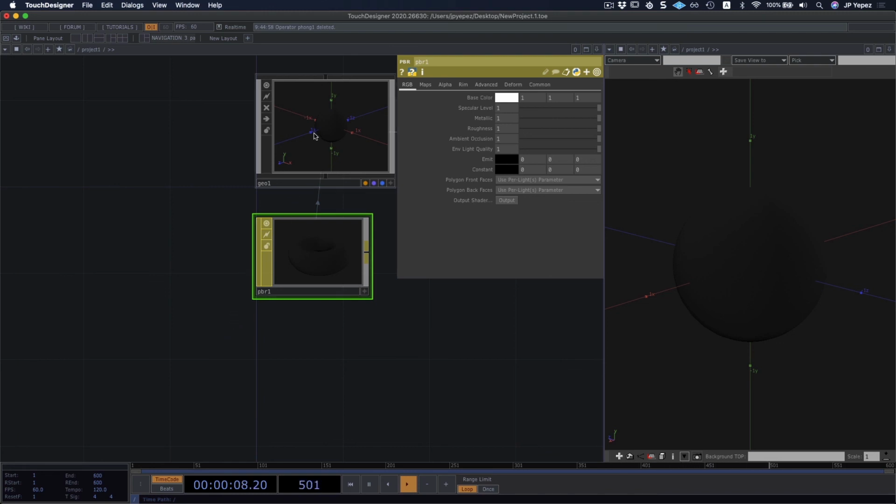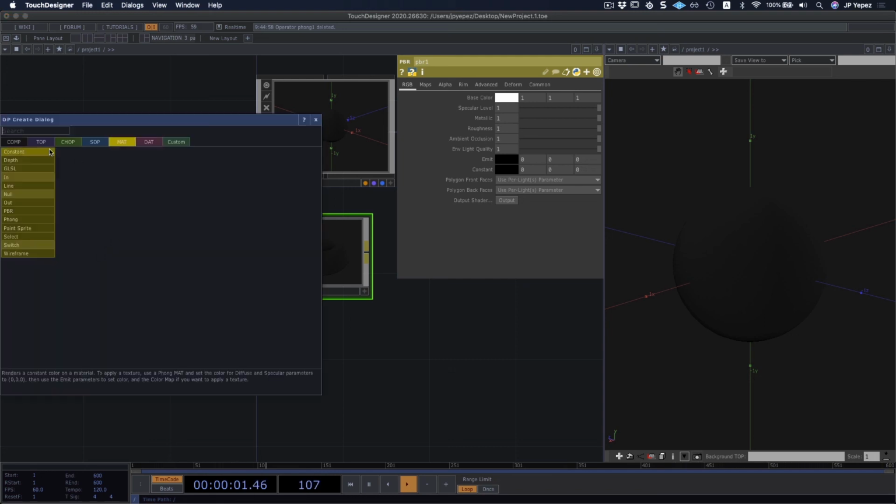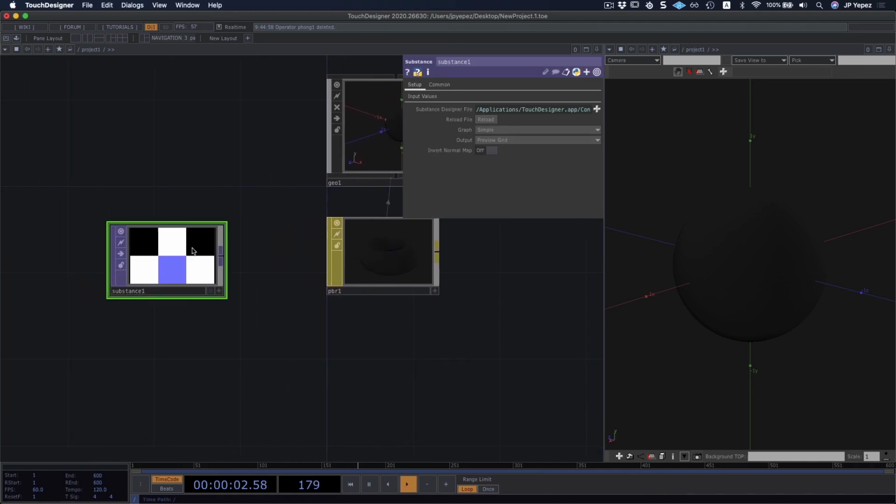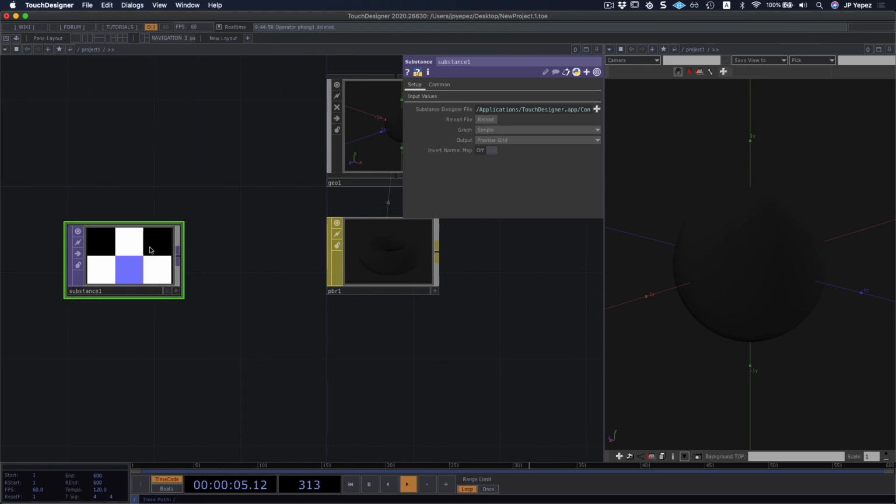It's whenever you want to give your geometry something like a physical type of look. In fact, this is called physical based rendering. So what you want to add, the way TouchDesigner does that, is using different maps. And these maps work really well whenever you add a substance generator. This substance is nothing more than a collection of maps that you can use for photorealistic rendering.